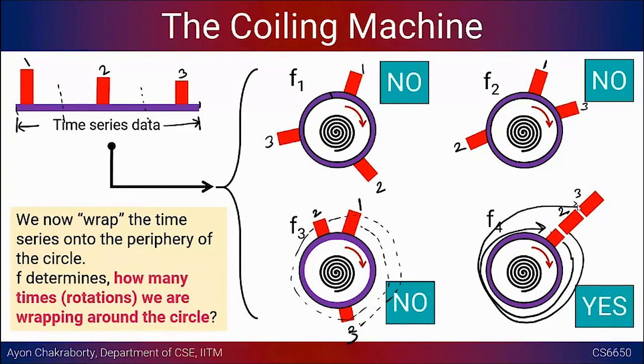And what is frequency here? The number of times we are wrapping this hypothetical tape around the circle. Okay, you can wrap it once, you can wrap it twice, you can wrap it thrice, you can wrap it 100 times, right? And you might not get anything by wrapping it so many times, but our point of interest is wherever they are nicely stacked up like this.